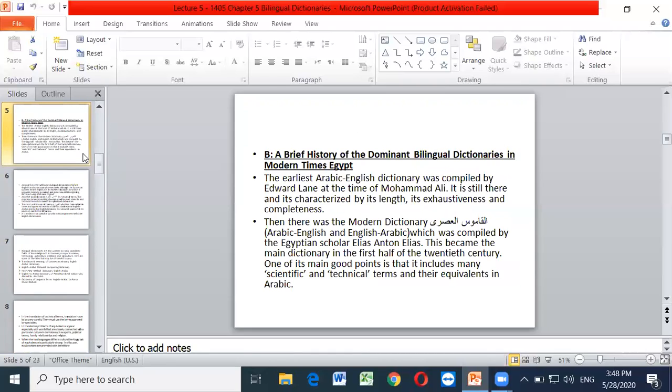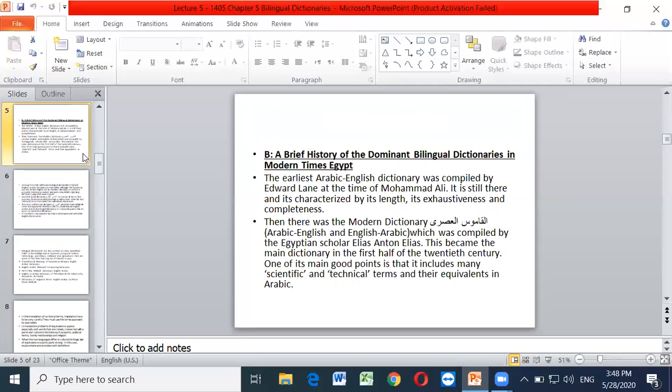The next point we are going to discuss, having discussed the differences between a bilingual dictionary and a monolingual dictionary, is a new point. This new point is a brief history of the main bilingual dictionaries in modern times Egypt. First, we start with the time of Muhammad Ali, which is really not modern times Egypt,